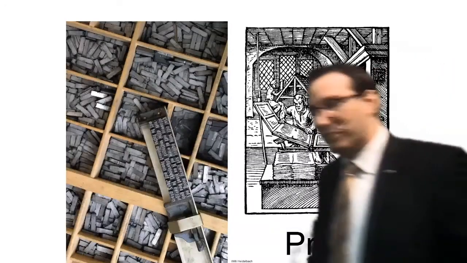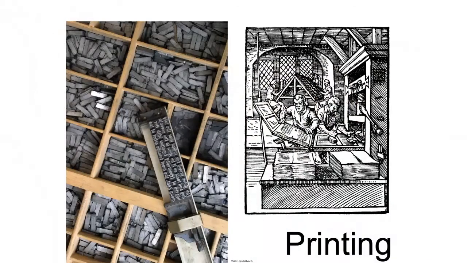Then came another revolution, because as you can imagine, even though we had now found a solution to the problem of preserving information over centuries and millennia, we still had a problem with copying the information. Every time you want to make a copy of a clay tablet, you need to do it all from scratch. And this is why people had full-time jobs making copies of texts, right? In particular, monks in the Middle Ages.